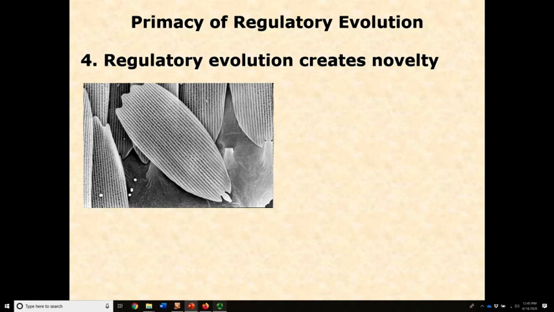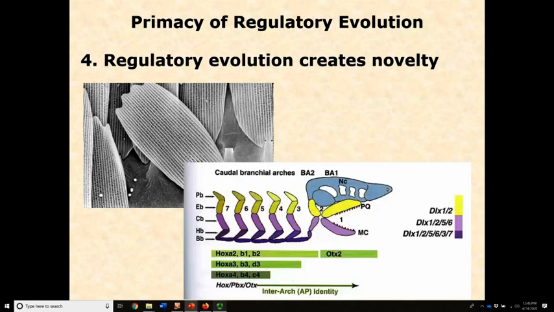And the gene itself didn't change. It's the same gene before and after, with basically the exact same amino acid sequence. But how it's turned on and where it's turned on has led to this very different outcome. Same thing, we looked at the jaw example, how a change in Hox gene expression, so if the anterior boundary